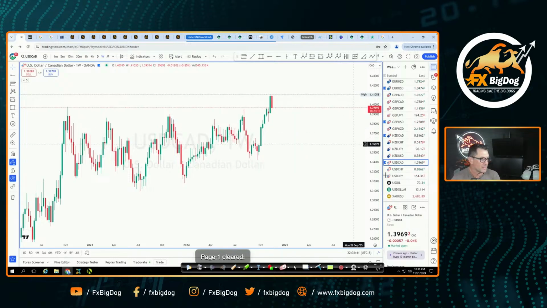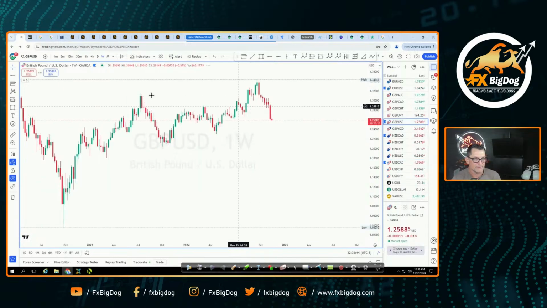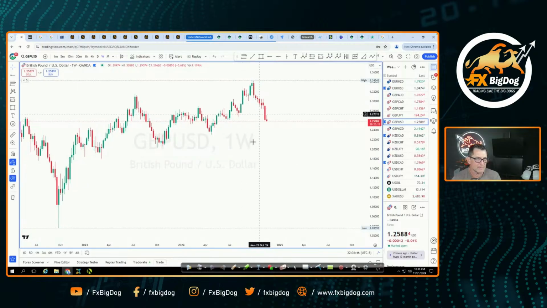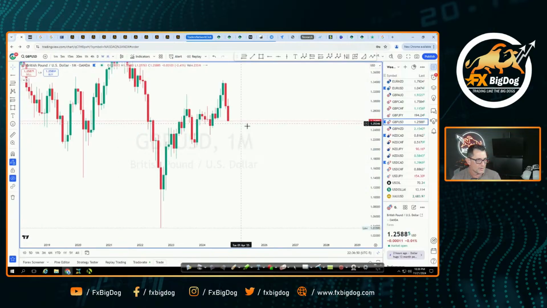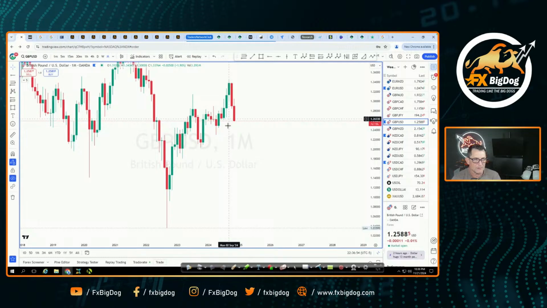All right, traders, go ahead and break down the pound US dollar right here. Where can the pound US dollar go to? What does the market try to do? It hunts for liquidity, right? This is the monthly time frame. Now, why am I looking at the monthly? Well, we've got a week before the month ends, right? So if I look at the monthly time frame, what am I seeing here?